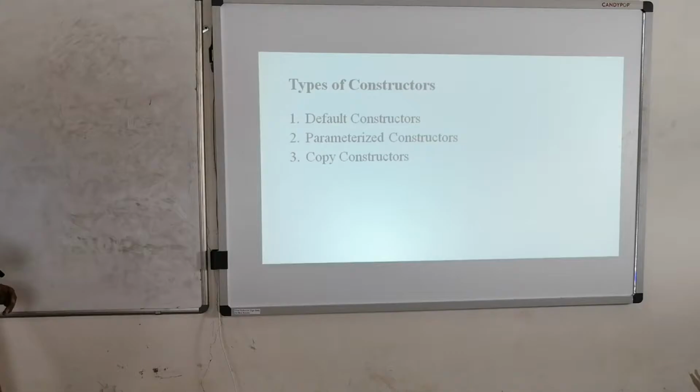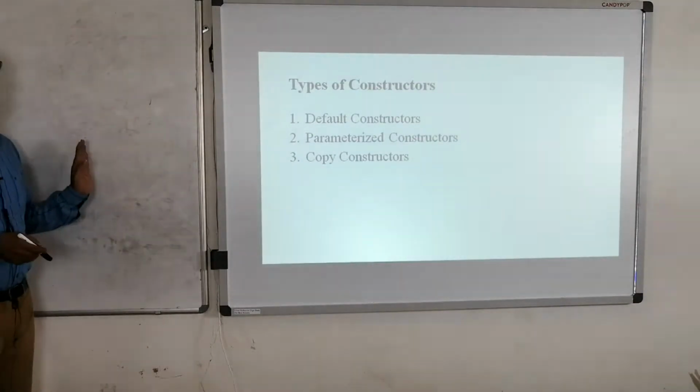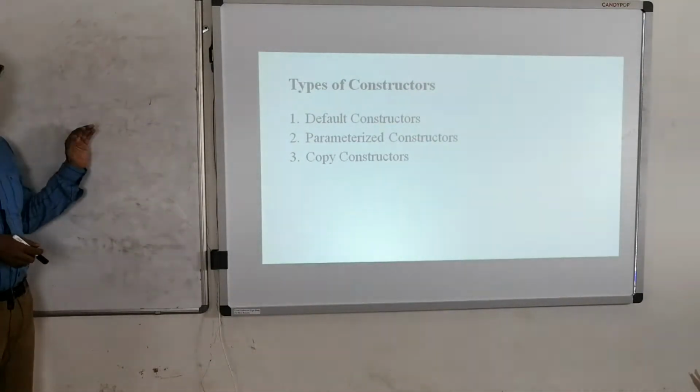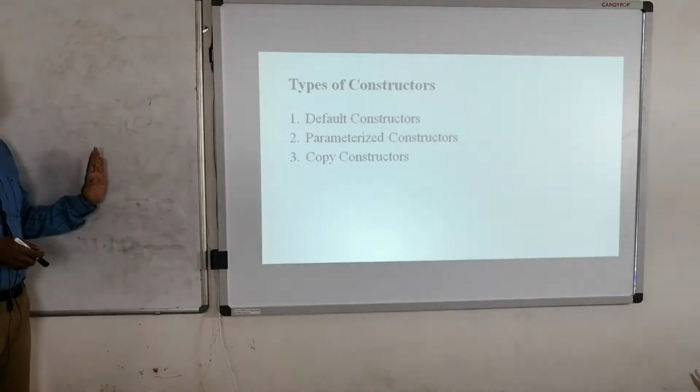First of all, even if you don't write any constructor in your class, there will be a default constructor available.